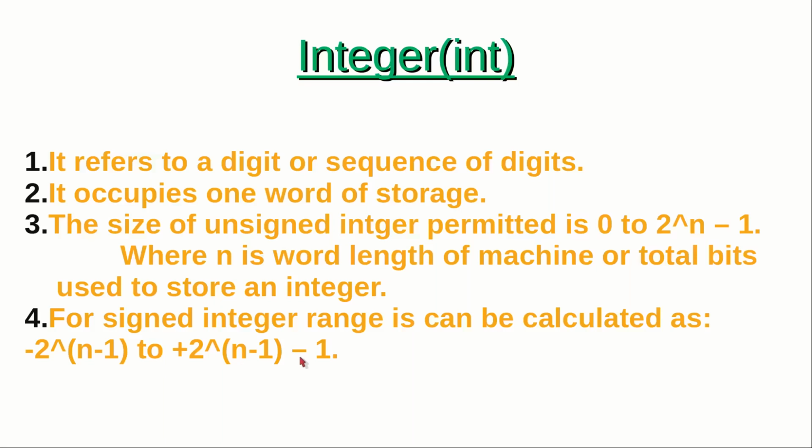Look, in the decimal number system, we generally prefix a number by a plus or negative sign to represent positive or negative value respectively. But we don't have such a privilege in the binary number system, which is the only language that computer understands. So one bit is used for sign and the rest of the bits for magnitude. So if you use a 16-bit machine, the size of integer ranges from minus 32768 to 32767. Now the next data type which we are going to talk about is floating point data type.